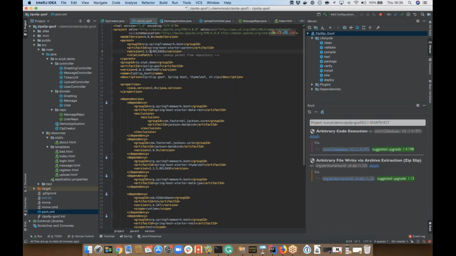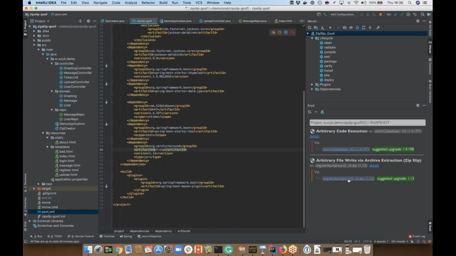And you see that I only have 2 vulnerabilities left. By clicking on it, I will go directly into my POM file to the right declaration. And I see over here it's 1.12. And by doing the 1.13,